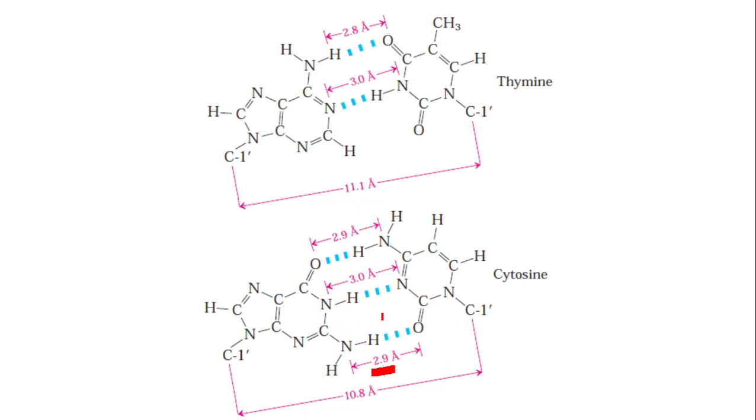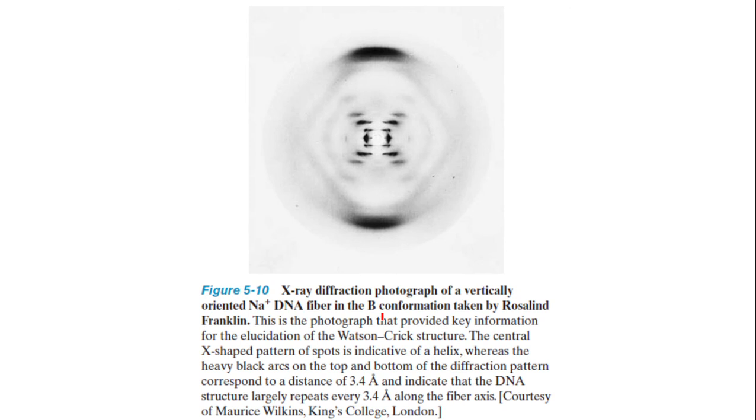Yes, and this is the famous X-ray photograph taken by Rosalind Franklin. Rosalind Franklin was actually a famous scientist, even though she did not get the Nobel Prize. Find out why Watson and Crick and Wilkins were awarded the Nobel Prize, while their co-worker Rosalind Franklin was not awarded the Nobel Prize. You just find out and tell me. This is an X-ray film, a very nice photograph, a very good piece of work. Our chapter is completed.